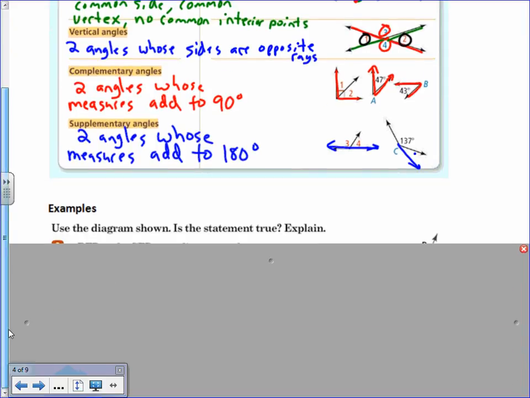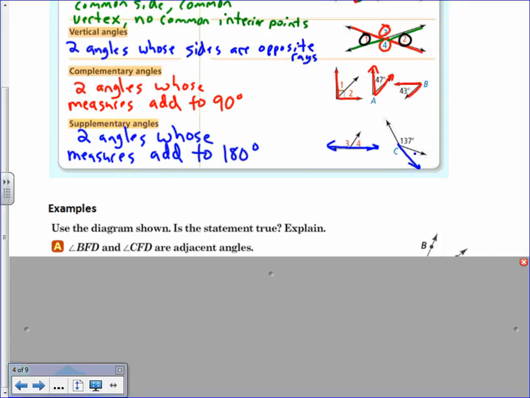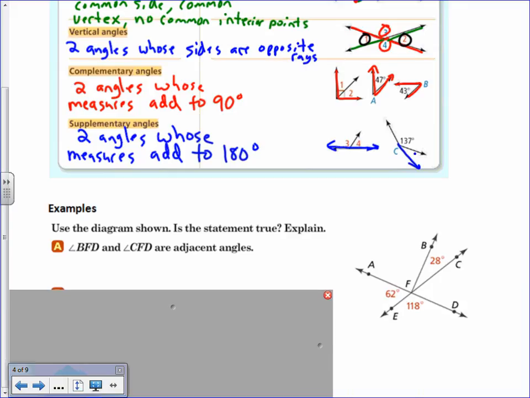All right, a couple examples before we move on. Is the statement true or false? Use the diagram shown, and explain. So we've got the diagram over to the right. I'll actually move this over so you can see the diagram. True or false? Angle BFD, in the red, and angle CFD, we'll do this one in the green,